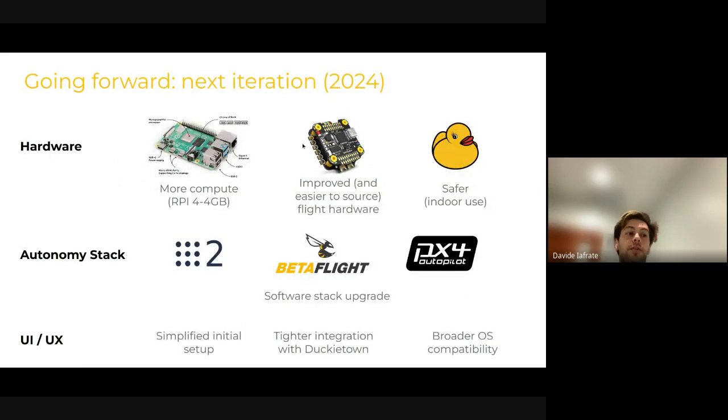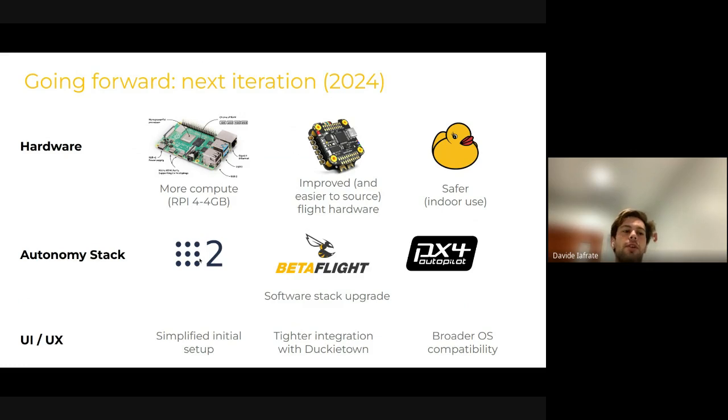For the next iteration of the drone, we have several improvements in the pipeline, starting from the hardware, where we're going to move to Raspberry Pi 4 to have more compute power. We're moving to improved flight hardware in terms of flight controllers, and we want to make the Duckiedrone safer for indoor use. The autonomy stack is also evolving to the latest technologies.